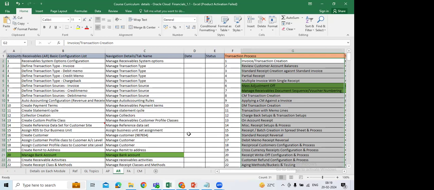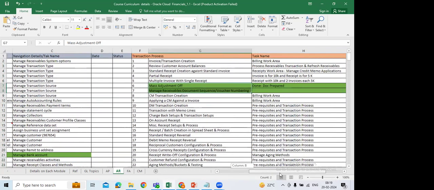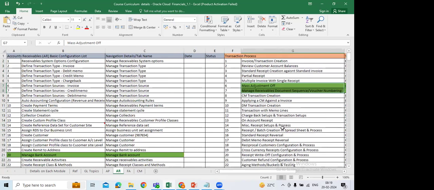Can I have access for this particular Excel file? Yes, that can be shared. That can be provided once you enroll. We will give you access so that you can refer to it. Recording sessions and all of this, access will be provided. After the initial 2 to 3 sessions, the admin will be there to provide all these accesses and take care of them. I will convey the message to them.